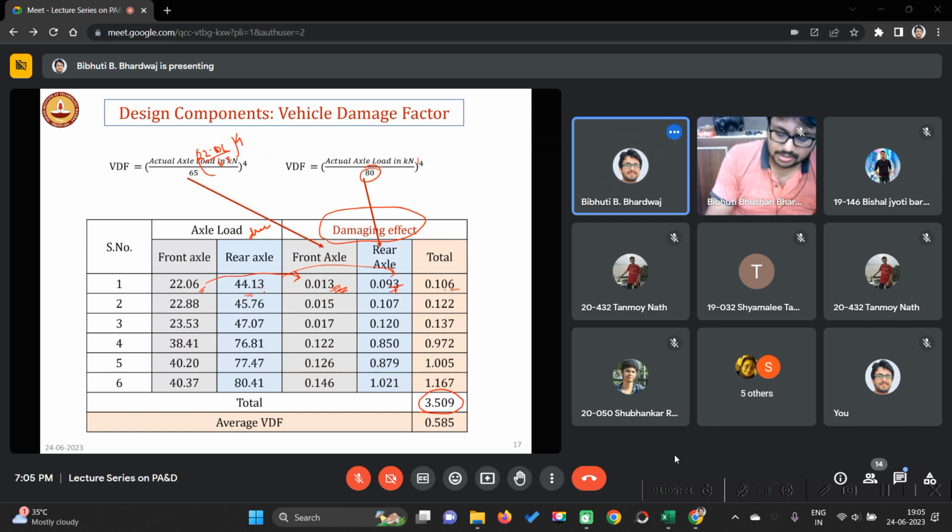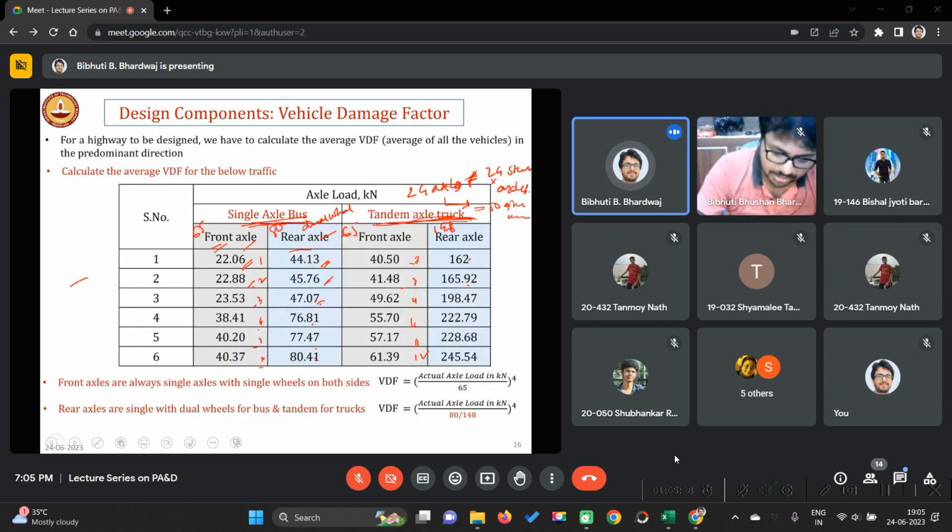That means 3.509 times of these buses. How many buses do we have? 1, 2, 3, 4, 5, 6 buses. So 6 buses are causing 6 into 3.509, or say 3.5, almost